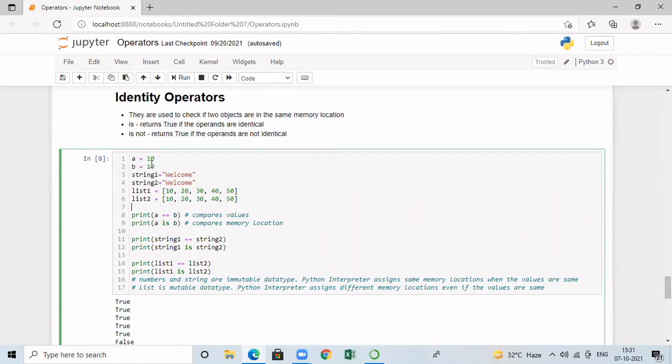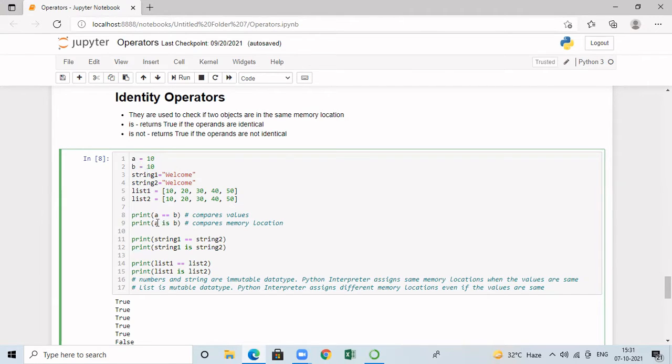Now, let us consider the first data type, which is integer. I'm going to check how these operators work for the integers. First, let us understand the difference between a == b and a is b. When I check a == b, we are checking the value of a and b, whether a and b contain the same value. Here a has value 10, b also has value 10. So the values are the same, and this will print true because both have the same value.